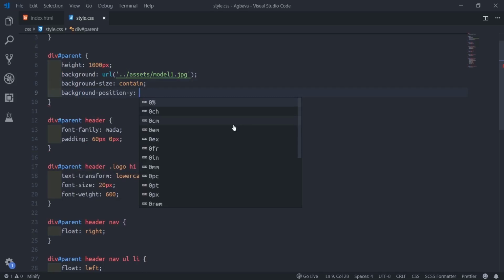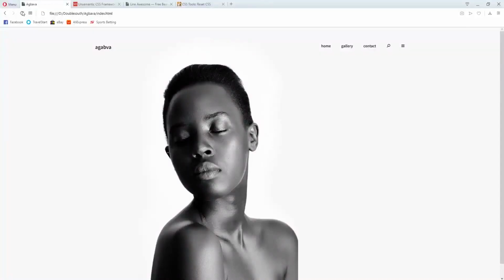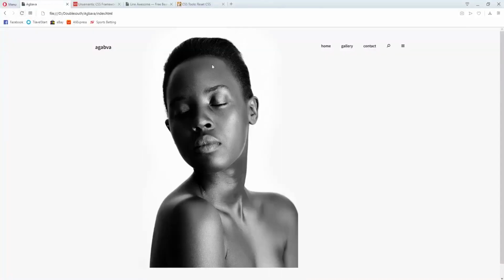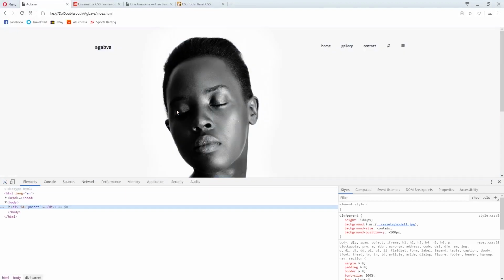So I might say like minus 100 pixel. So let's see. See now, the push and the go up now. In fact, mine is pet, so I'll do for you. So select this one, minus 100 pixel.